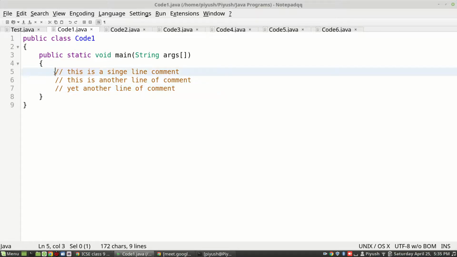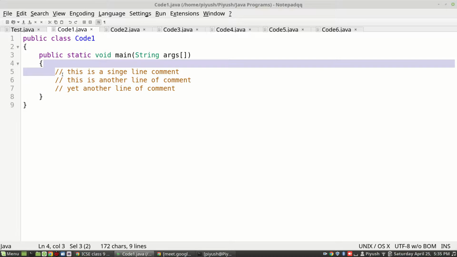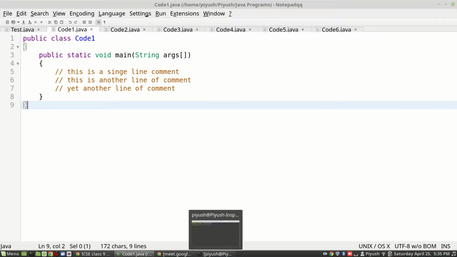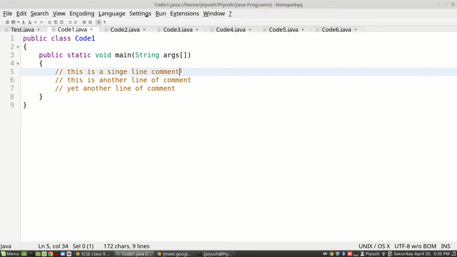This line is starting with double forward slash, this line also, and this line also. All 3 lines start with double forward slashes, which stand for comment. So if I run this program, you won't see anything happening. Because though 3 lines of codes are there in your program, all those lines are comments, which are to be ignored by your Java software.